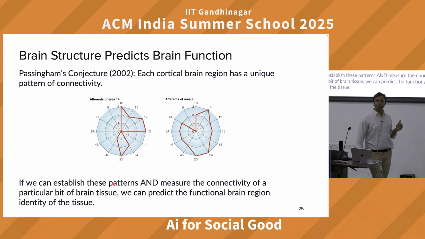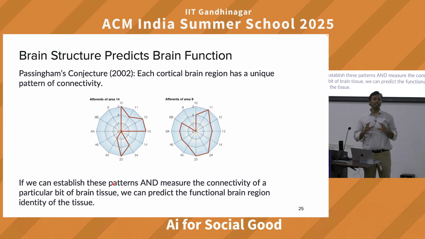ये clear है क्या? Relationship between how the brain connects and what happens when it is active during a task or something. This is a very crucial point. इसके बाद अगर ये नहीं clear हो तो बहुत. Is this clear? How many of you it's not clear? Okay, ठीक है. At least he's on.